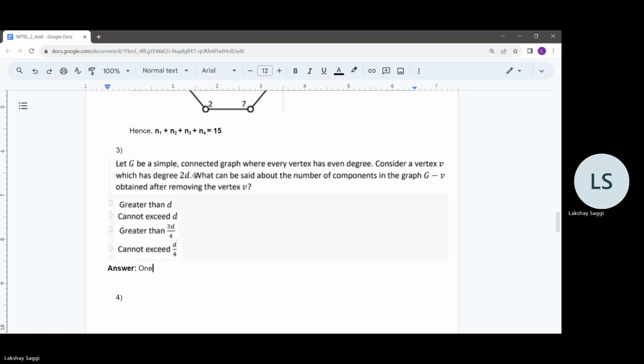So one trivial upper bound is 2D. One trivial upper bound for the number of components in G minus V is 2D, as we can have 2D edges acting as